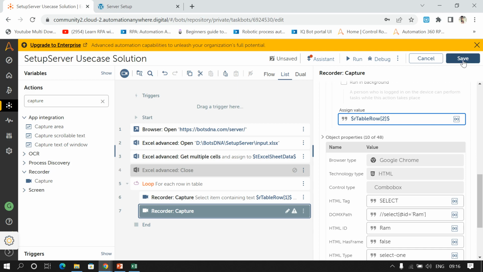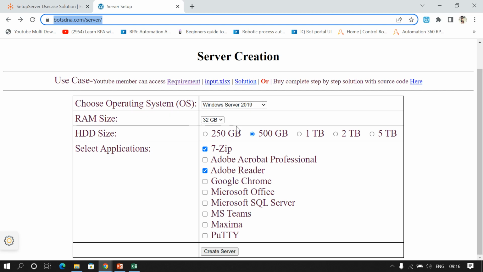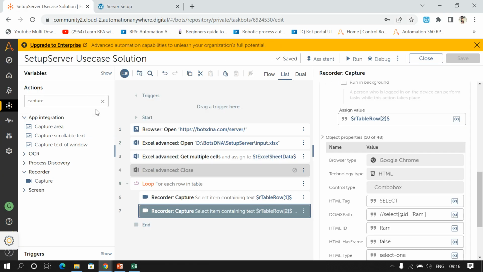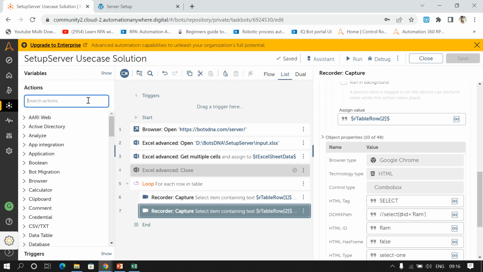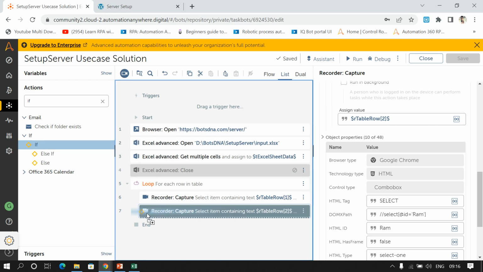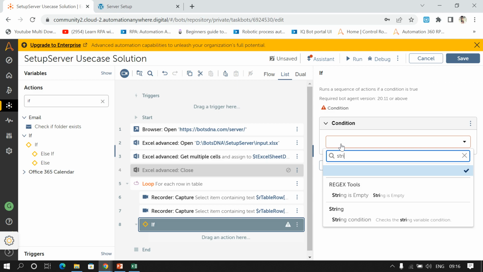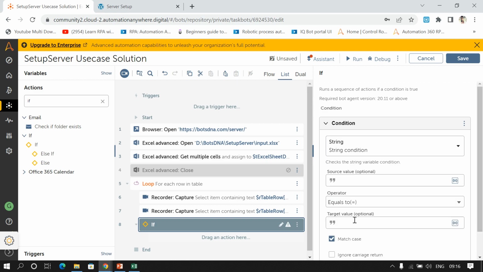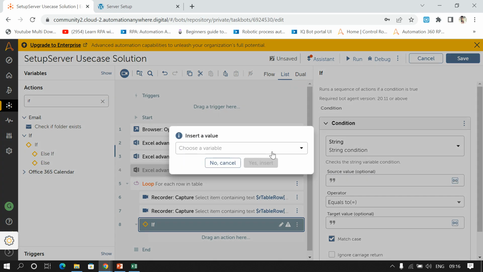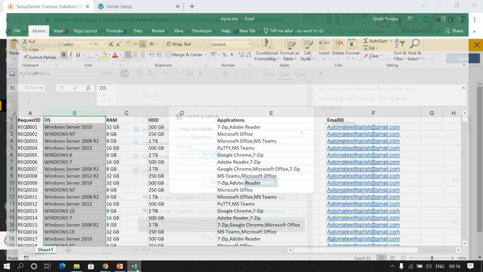Once this is done, now I have to select radio button. So for this I'll use if command. Here I'll select string condition. Source value I'll select R table row, and it's present on